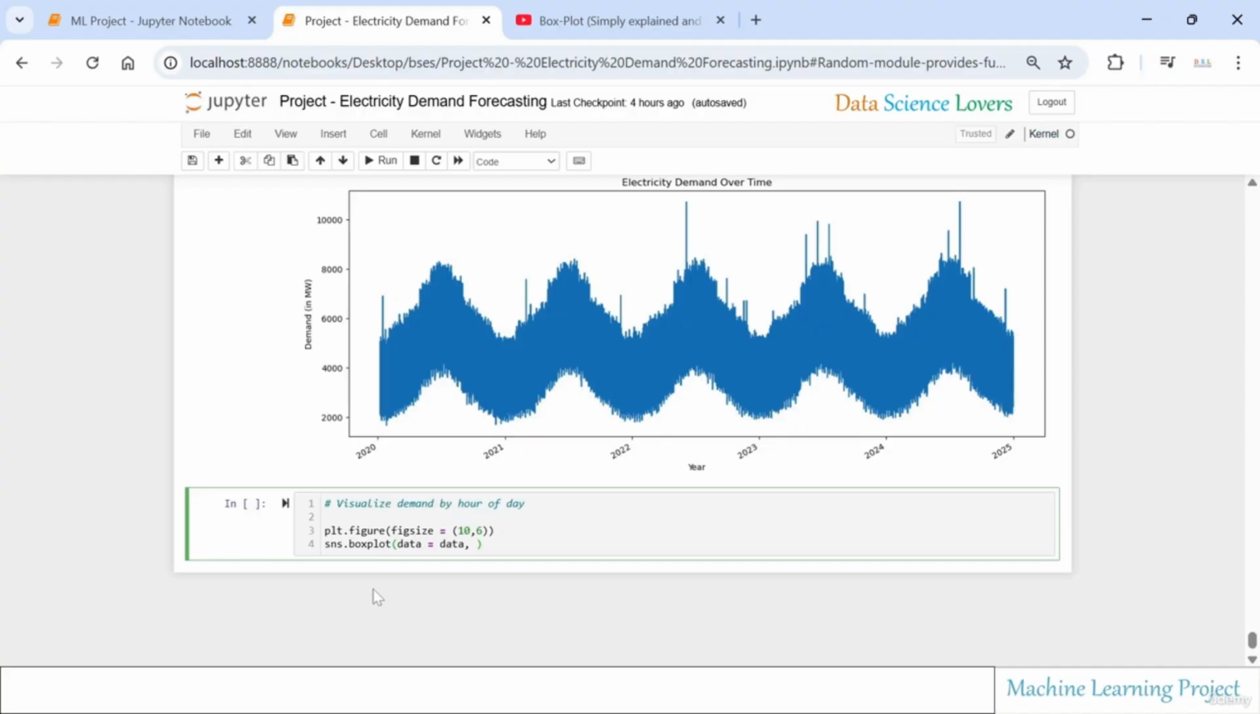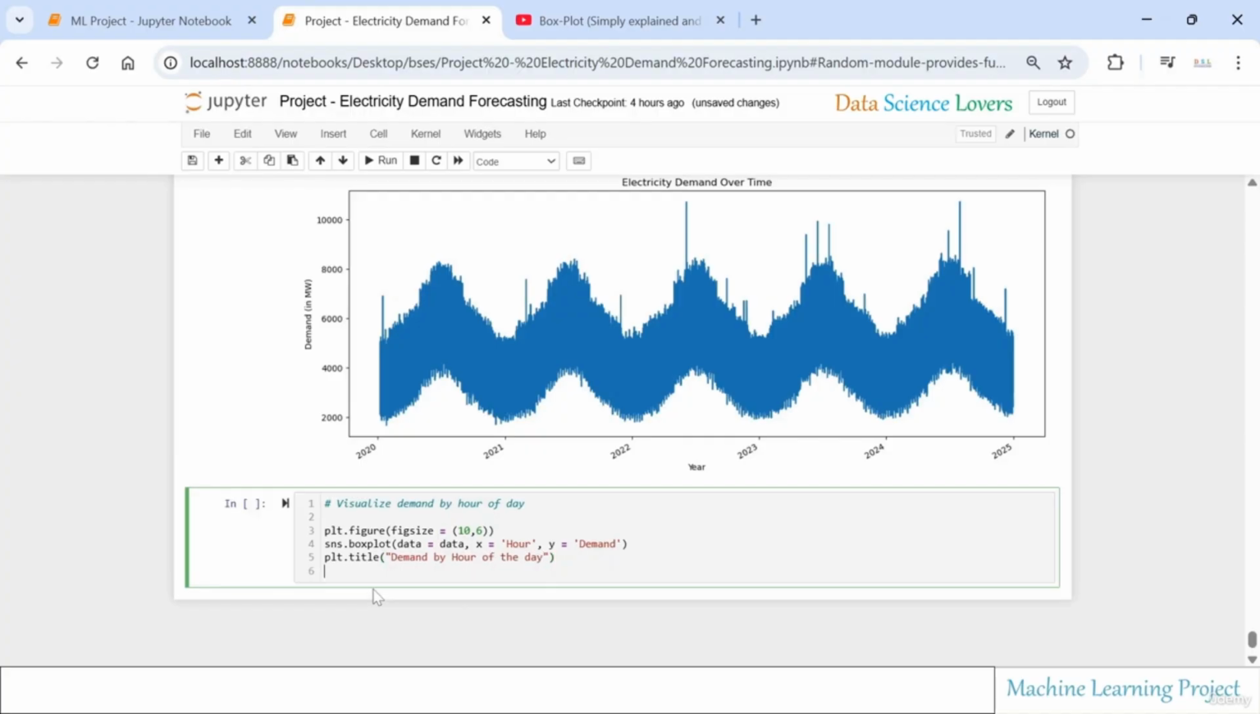And we will have our next parameter x-axis. On x-axis what we want is hour. Next we have on y-axis we want demand. Okay, so this is our box plot, and we can give the title to this box plot, and I am mentioning the title here, demand by hour of the day. Okay. Now we can use the plt.show, or we can simply put a semicolon at the end of this command,